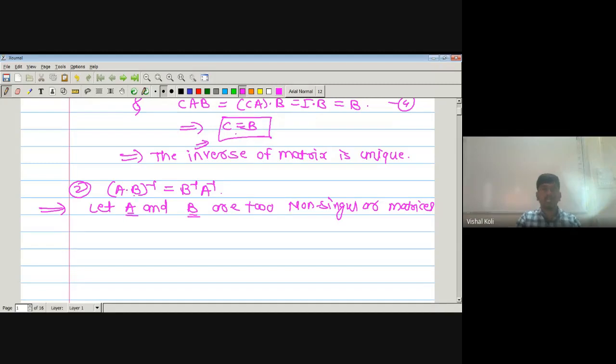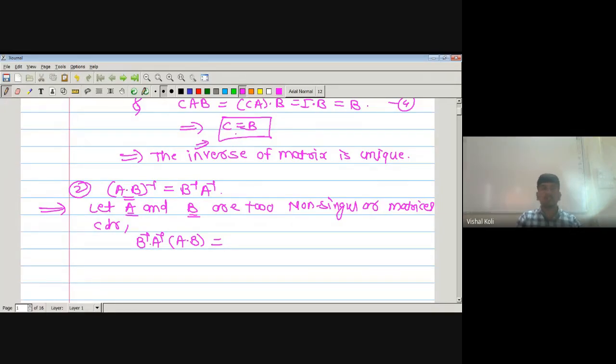So here we have to prove that (AB) inverse is nothing but B inverse into A inverse. That is, the inverse of a matrix AB is nothing but B inverse into A inverse. So consider B inverse A inverse into matrix AB. As we have to show that matrix AB has an inverse B inverse A inverse, we have to show that the product of AB into B inverse A inverse equals B inverse A inverse into AB